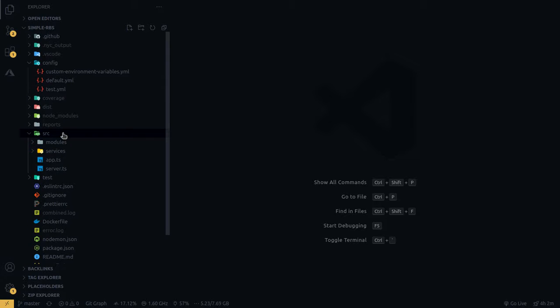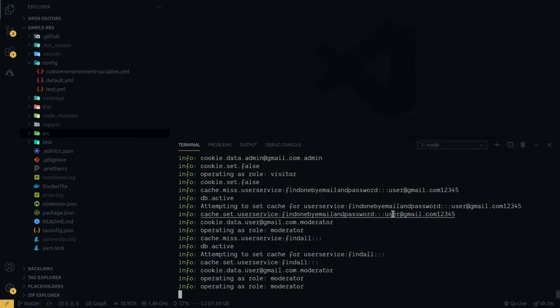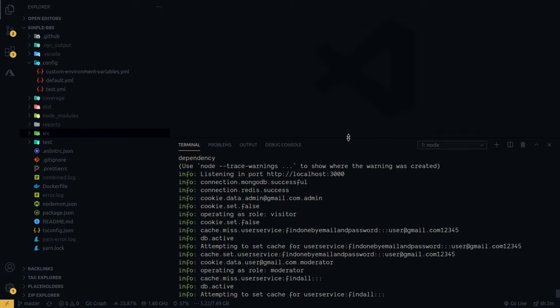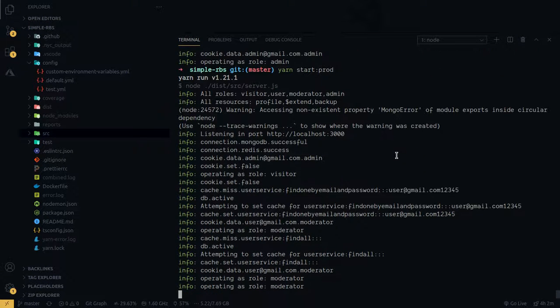So as I've already shown in the beginning, I'll run the test now and show you. Before I do that, there's one last thing that I should discuss over here. You can see that even when we were demonstrating very simple usages, the cache layer was working behind the task, and whenever the database was being called, it logs db.active. So whenever we are accessing something again, the cache is hit, and when we are accessing something very new, the cache is not hit, or we can see it as a cache miss.